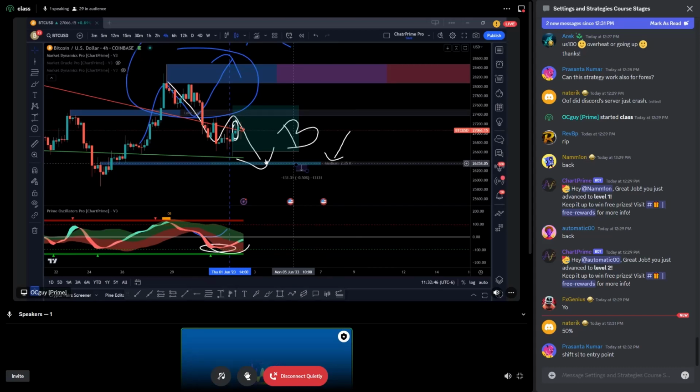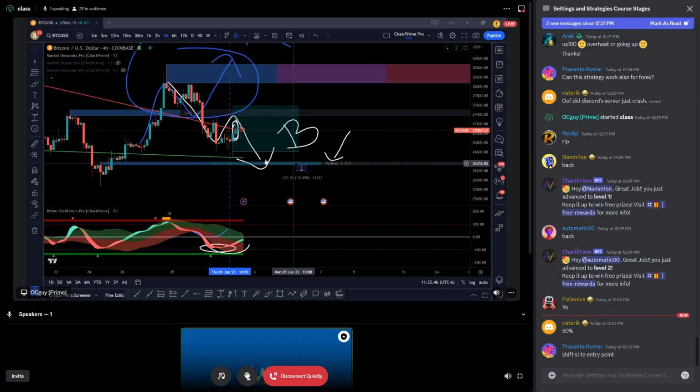All right, so for finding Confluence, let's head over to the market dynamics pro in here, and then let's take a look at it if we have something else. So I'm going to start with a proper support and resistance zone. So for that, I'm going to be marking the bottom end of this lines, all right, of this breaker block. So we have a breaker block in here, another one, and another one down here, right?